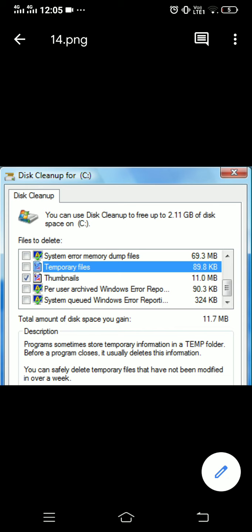Why? Because they are unnecessary and they are utilizing your memory space, so we have to delete them time and again. We have to do it ourselves. We have to go to C drive, open the Windows folder, and very carefully you have to do it. Otherwise you may accidentally delete an important file, and then there will be a problem. So we go to C drive, Windows, open temporary files and delete all the files. This is how you make proper use of your disk space.